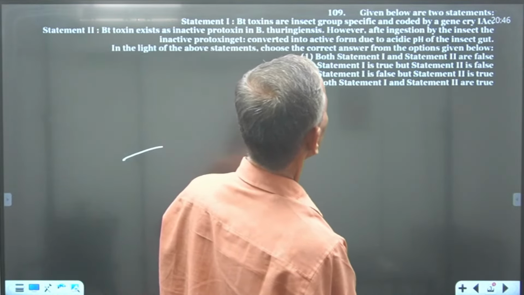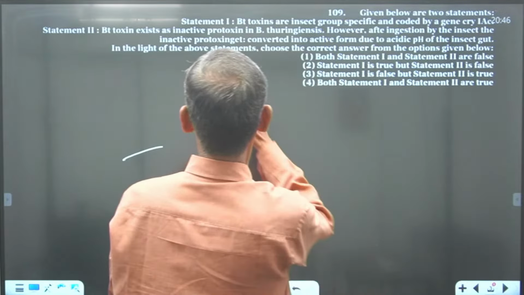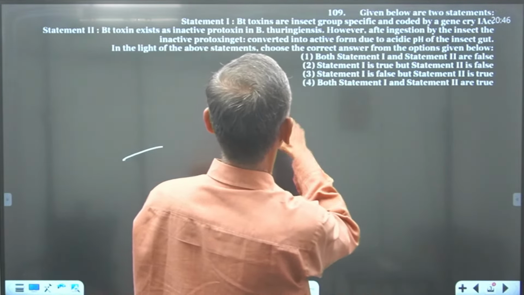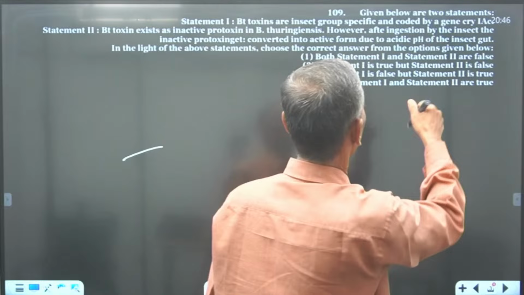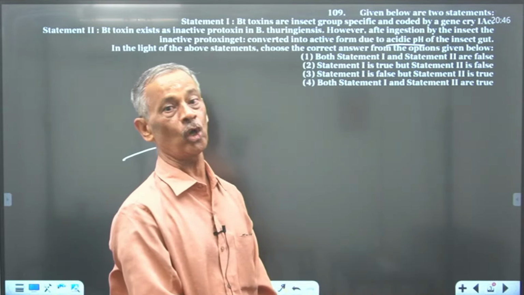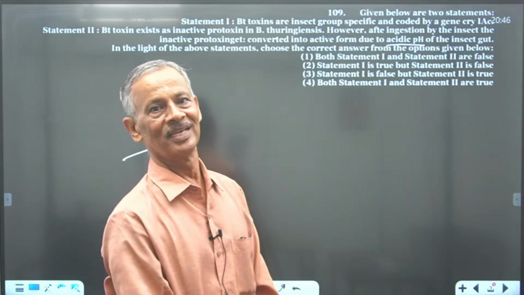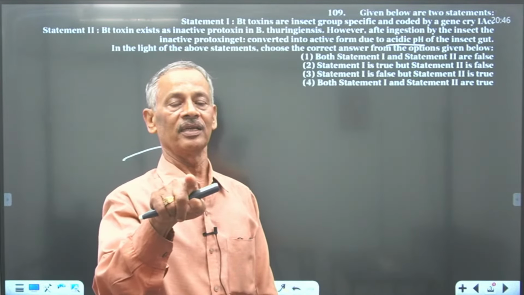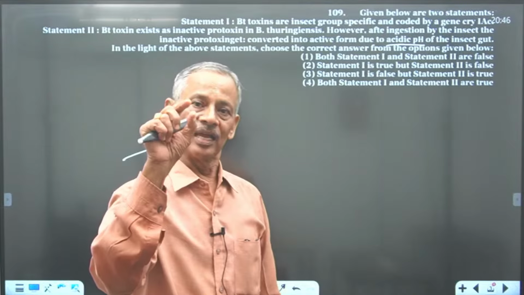However, after ingestion by the insect, the inactive protoxin gets converted into the active form due to alkaline pH, not acidic pH. It is the alkalinity of the insect's